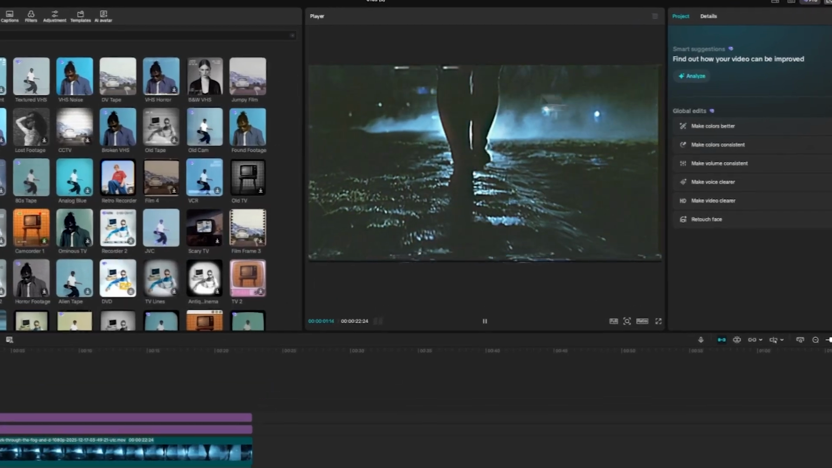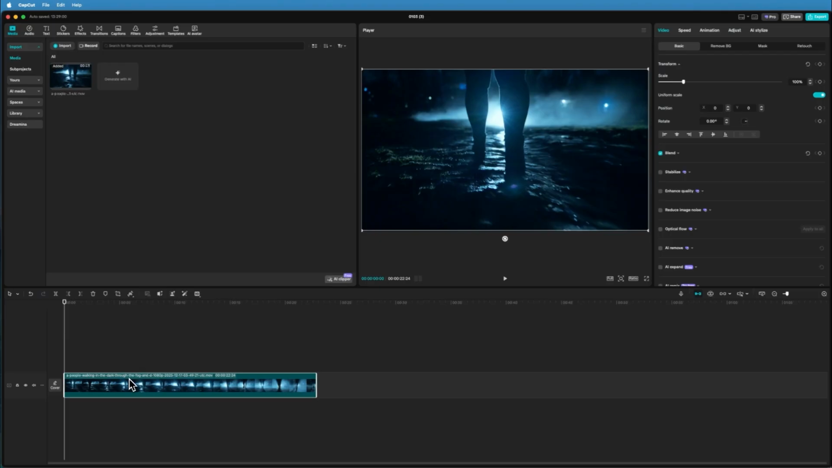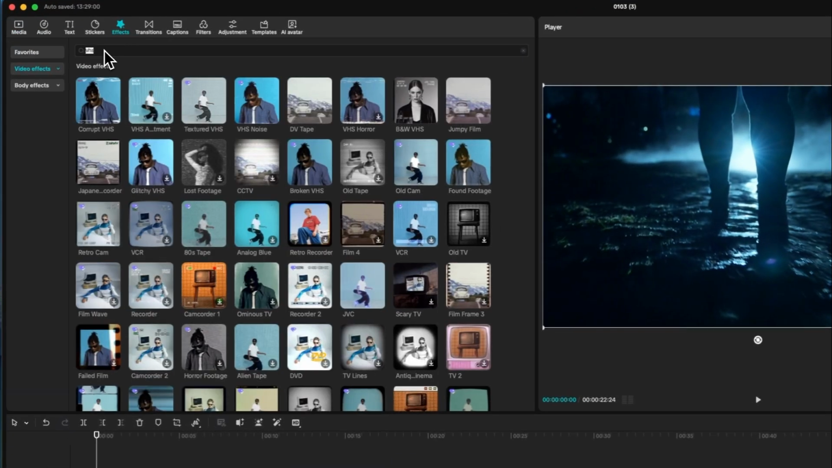How to make a VHS effect in CapCut. Let's get into it. Begin by importing your footage, then head up to Effects, search for VHS, and this is